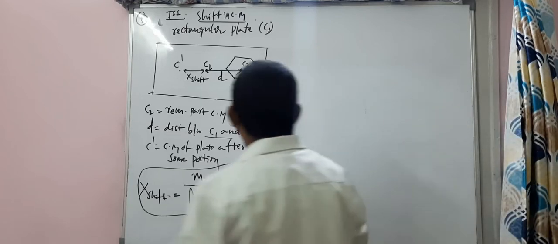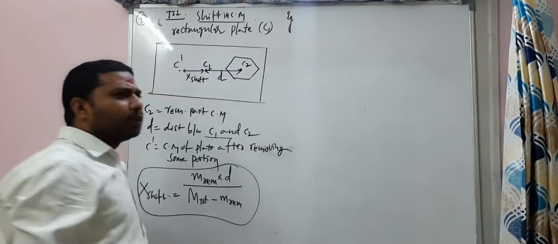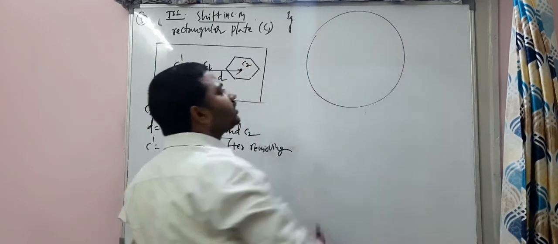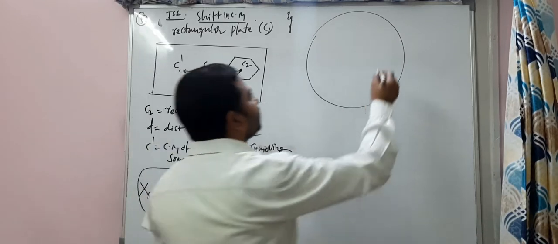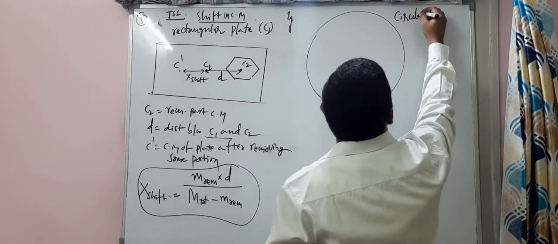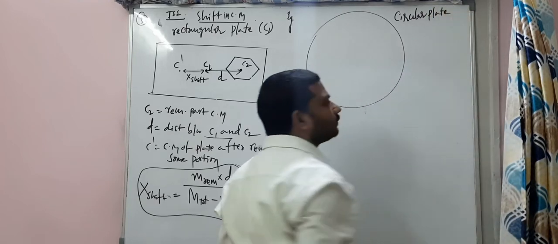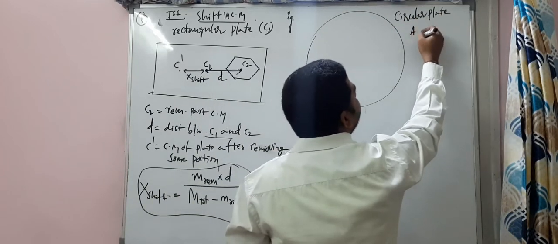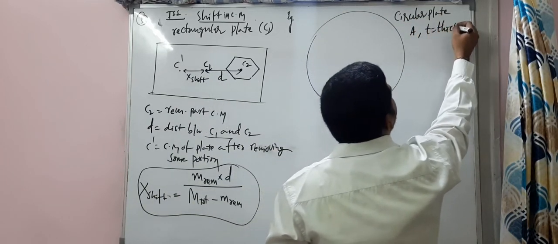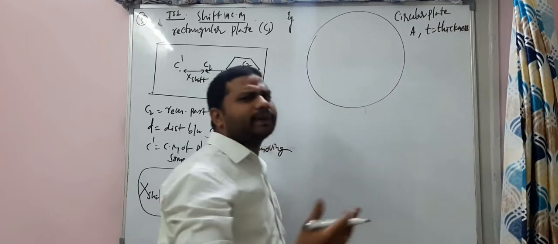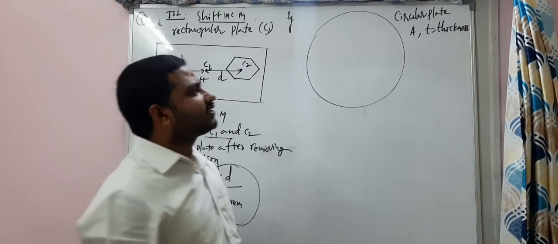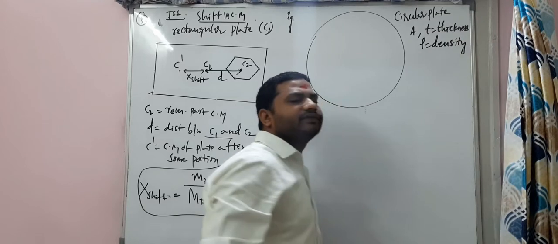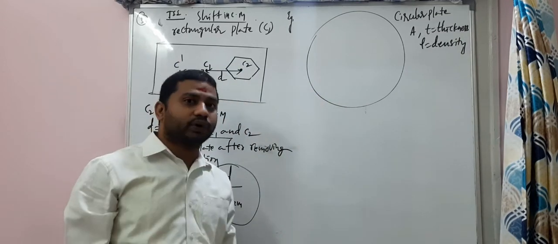Alright, and see this example. A very interesting and beautiful example I have just taken here, and this is a huge circular plate. What is this? Circular plate, students. Area A, thickness T. Students, look here. Area A is what? Pi r square, area of the circle. T is the thickness and D is the density of this circular plate. Remember, these values are important.